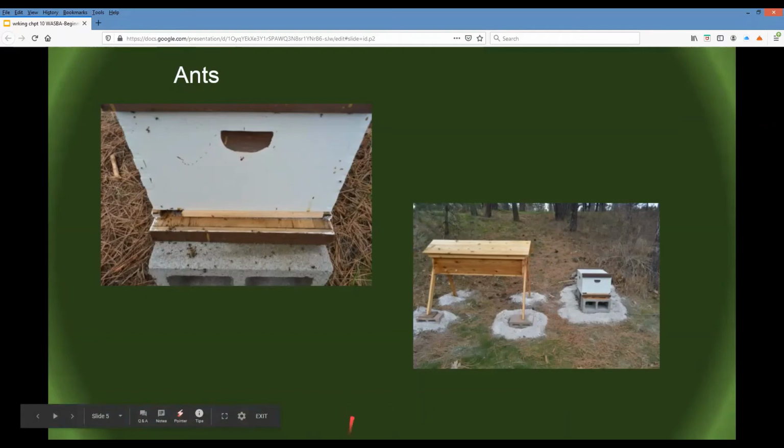So I think a few is not a crisis, but if you're seeing a lot of them and you find an ant nest nearby, then that's when you need to think about what you're going to do for that. When I first started this,